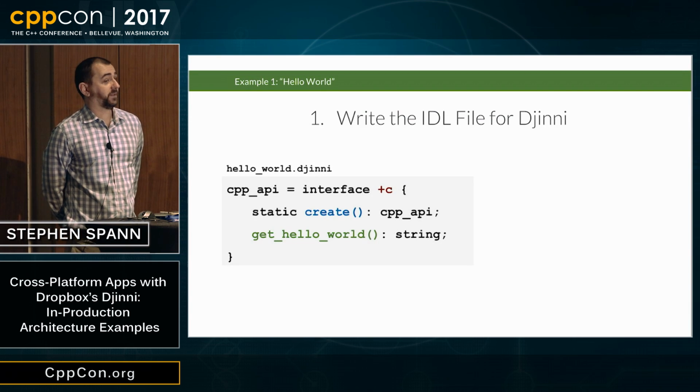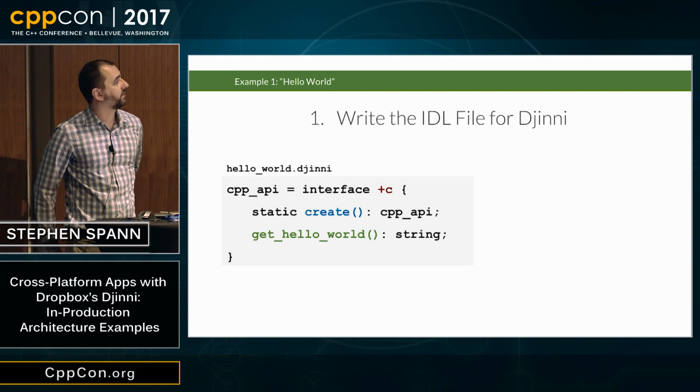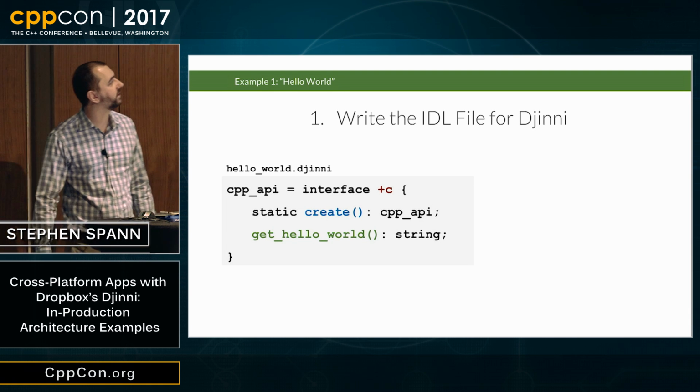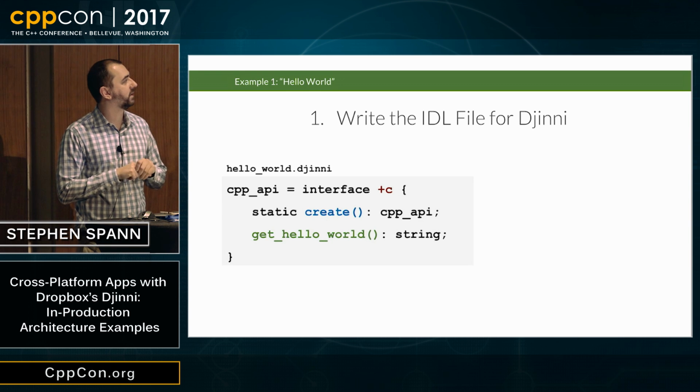So let's get into our first IDL file. Pretty simple syntax. Looks vaguely like JSON or something. A couple of notes here. So we're creating